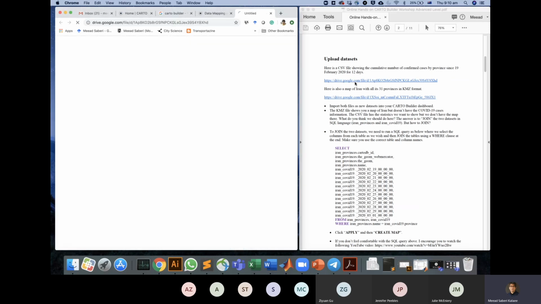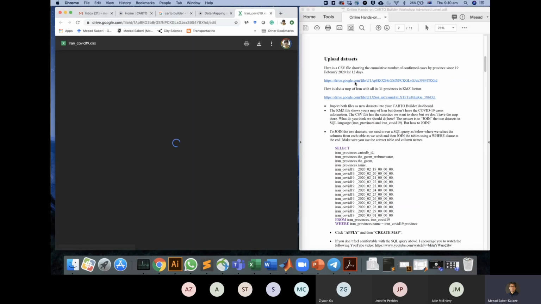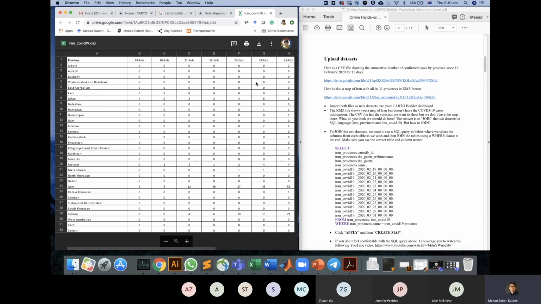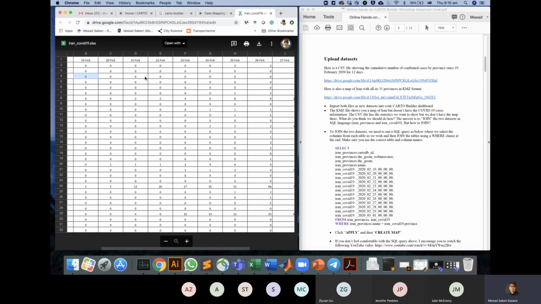If I click on this Google Drive link, it will direct you to a CSV file, where the first column includes the province. You don't have to be familiar with Iran's geography and names of the provinces, so just take it as it is. They're the names of provinces. We have 31 provinces, and the following columns include the cumulative number of detected cases over time, from February 19